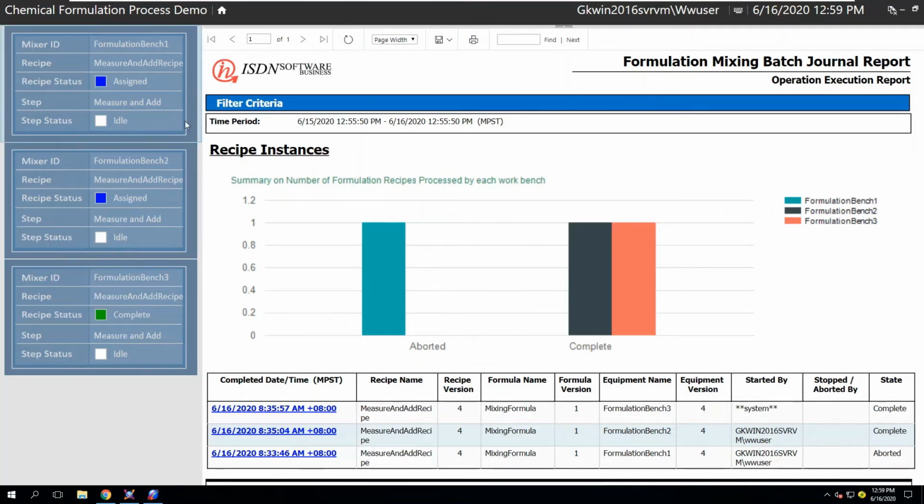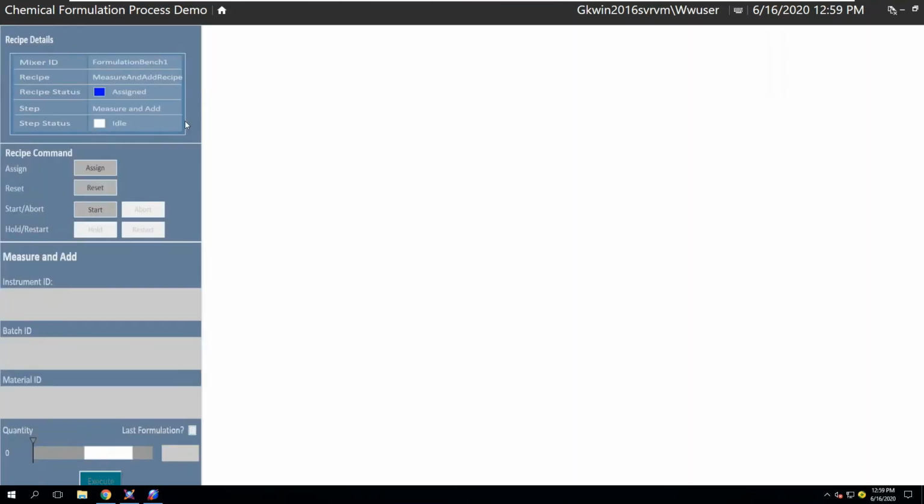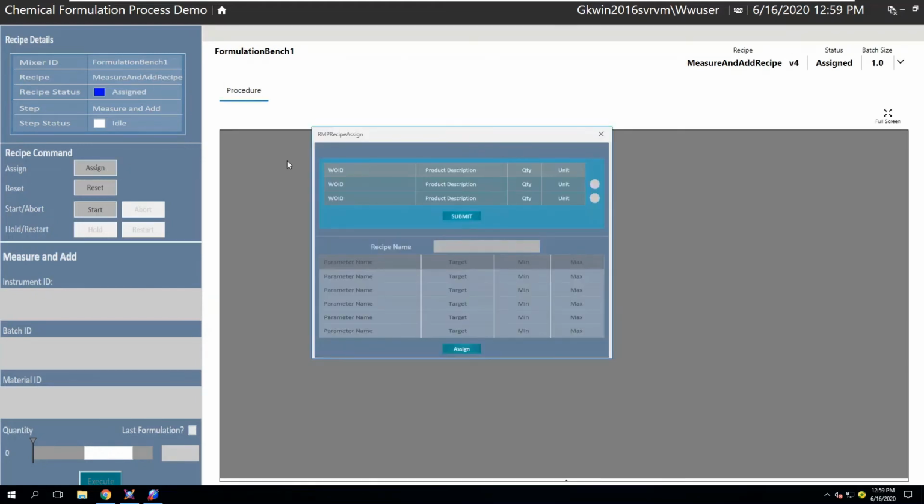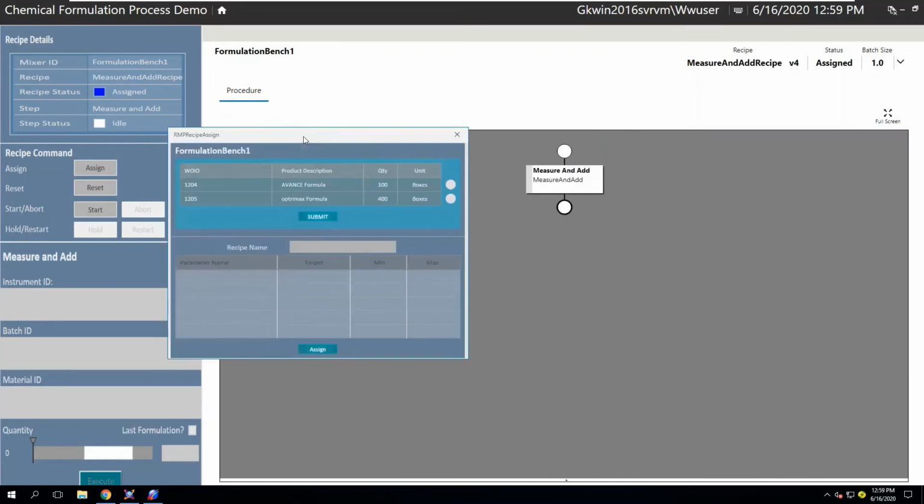So here, when the user selects the equipment instance, right now you can see that there is already a recipe of a name measure and add recipe assigned to formula bench 1. So the operator can choose to assign another recipe. When you click on the assign button, the operator will see the list of the work orders available for productions. So when the user selects the work order